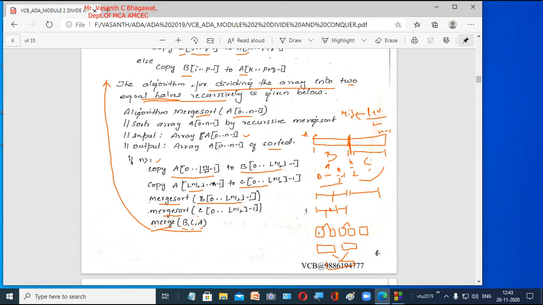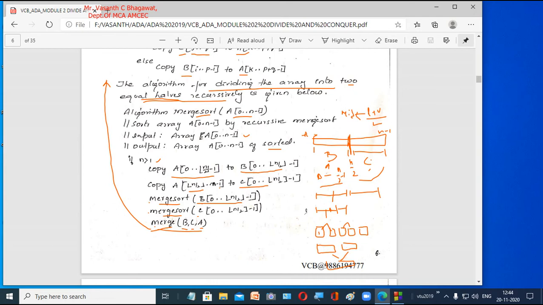Now what is the logic to divide your array into two halves? We take the low pointer, the high pointer, and a variable mid, and you calculate exactly the midpoint, that is (low + high) divided by 2. Once we have obtained the midpoint, there are two halves. The first half, from pointer low to mid, is the left hand side of our array. Then from mid + 1 to high is the right hand side of our array. Clear? So we have a left hand side and a right hand side.